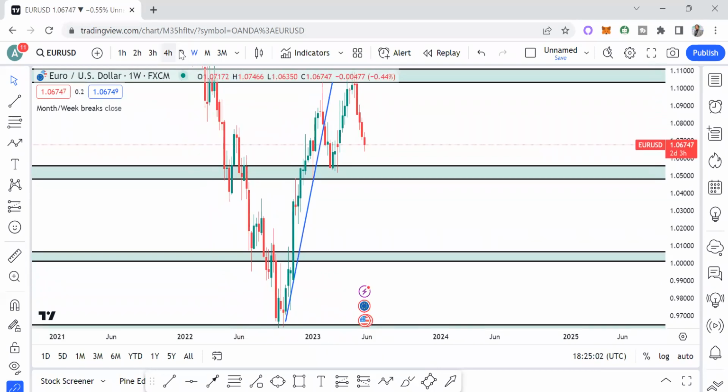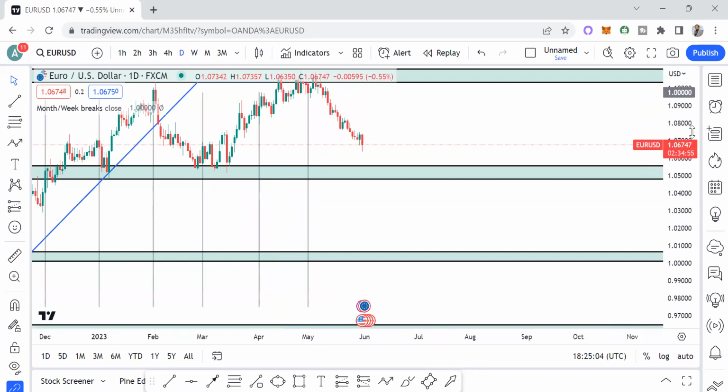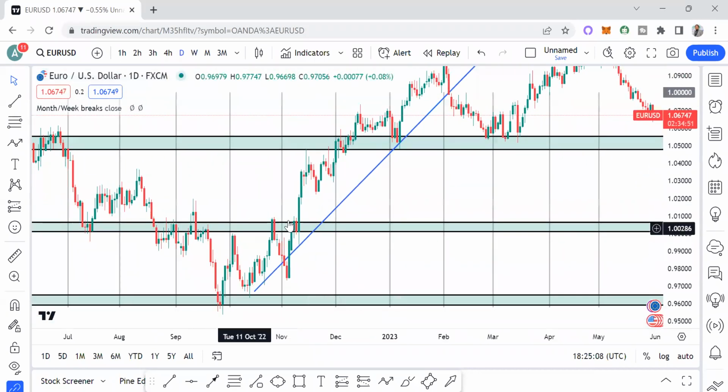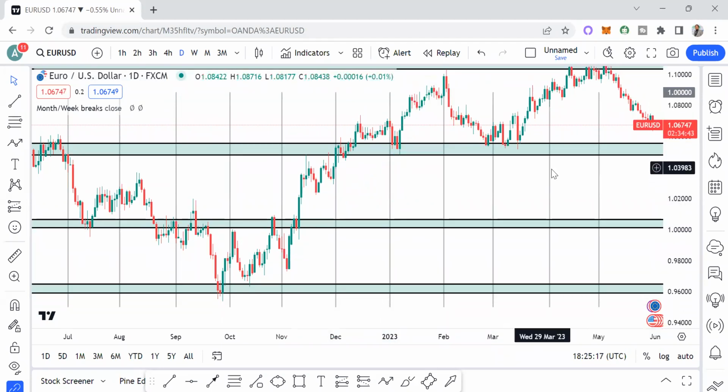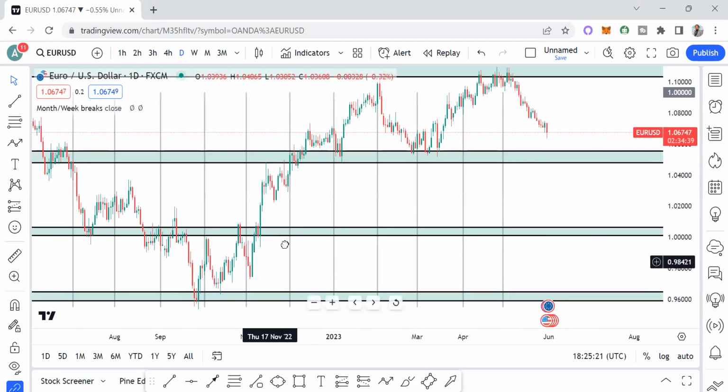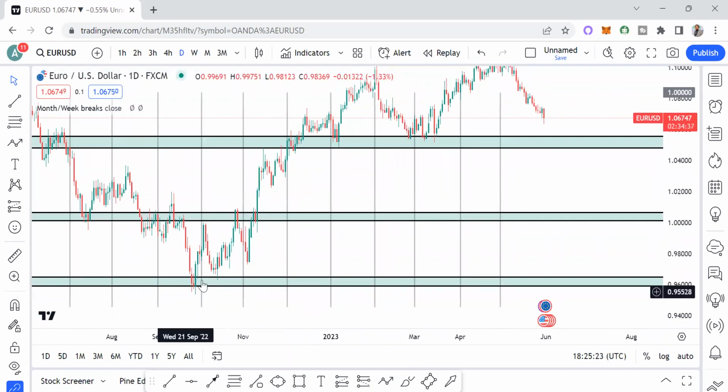Now, if I go back to the daily time frame, you will see how price goes up and down, even though price was going up. I'm going to highlight that. Even though price was actually going up from here, but then